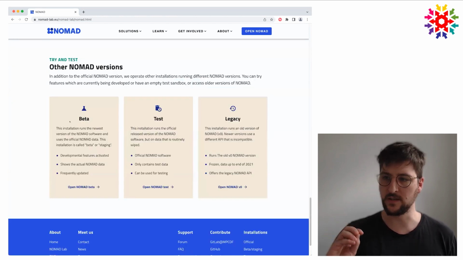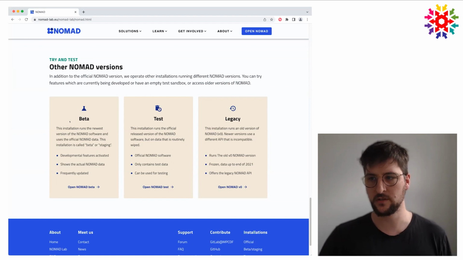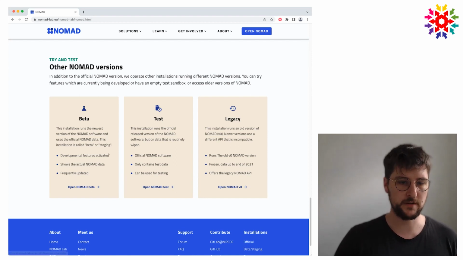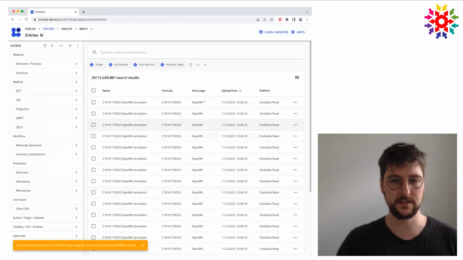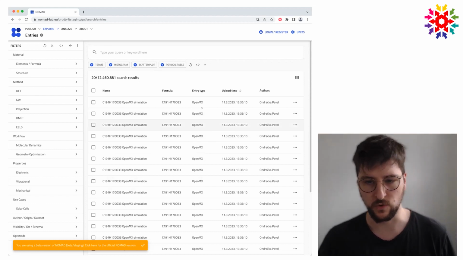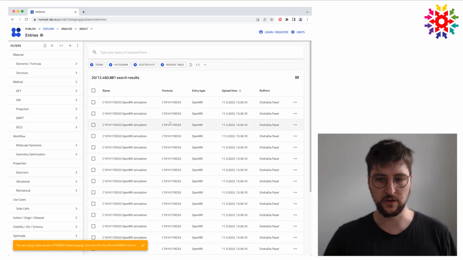We're going to use this because it has the latest features. We also have a stable version, which you can just open on the right side on top with Open NOMAD. But for now, we're going to the beta version. And when I click this, you directly land on the entries page. So you see already a lot of uploaded entries here, which are published in NOMAD,